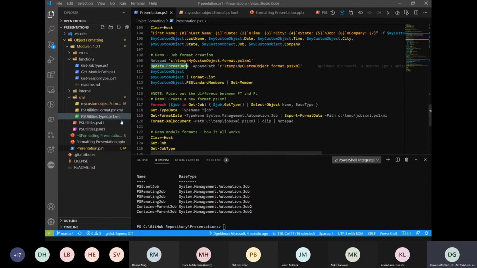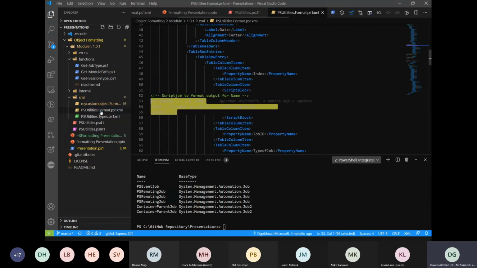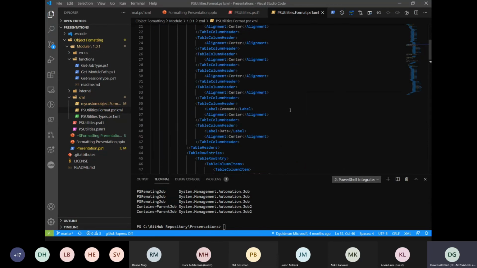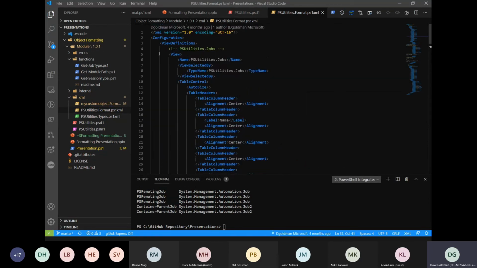In a module, what you want to do is have the module name .format.ps1xml, which should reside in your XML directory. You only want to have one of these. You don't want to have multiple files.